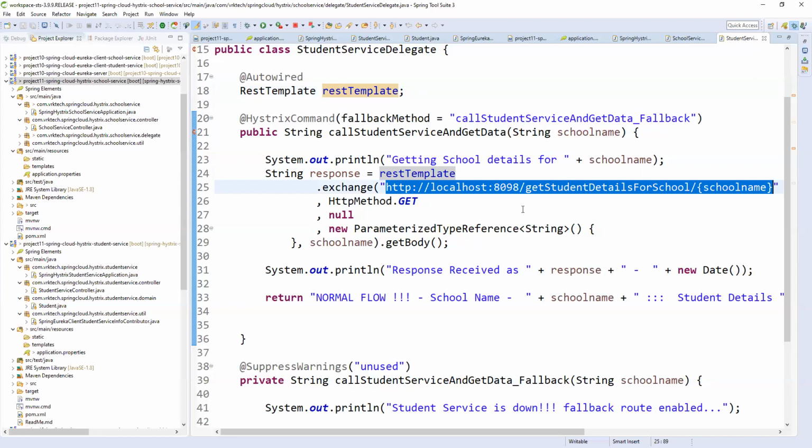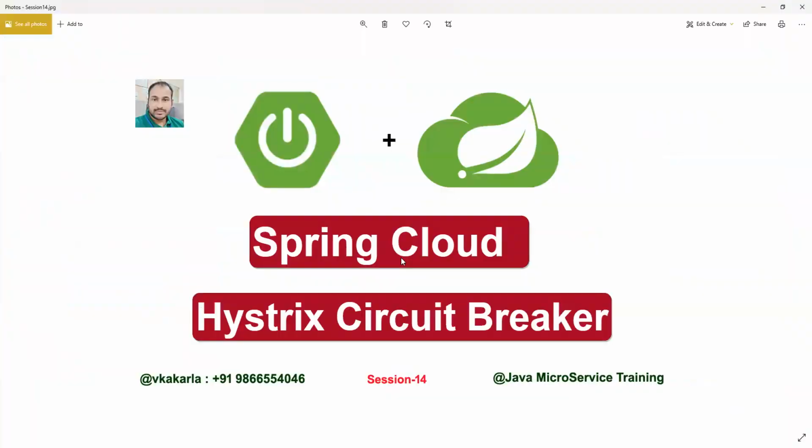That is nothing but load balancing. So what is Feign and how can we replace REST template with Feign? Where exactly Feign comes into the picture in terms of load balancing, that is what we will learn in the next class.